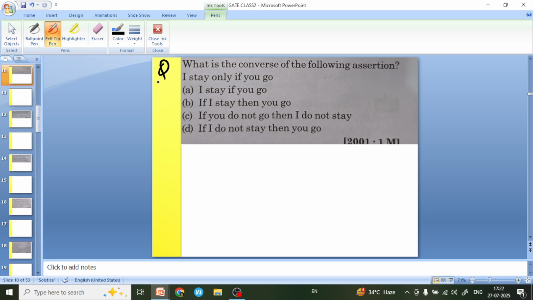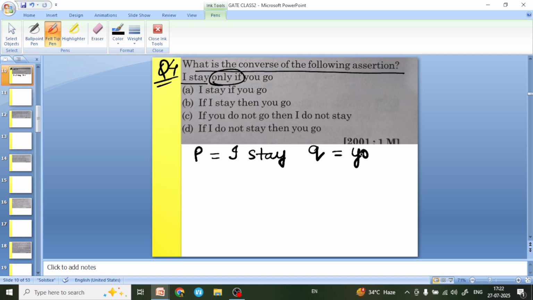Now next question, question number 4. What is the converse of the following assertion? I stay only if you go. Here we assume P: I stay, and Q: you go. I stay only if you go, that means P implies Q, and its converse will be Q implies P,